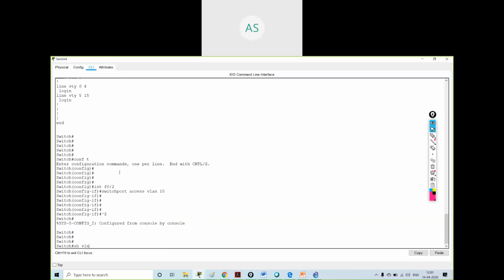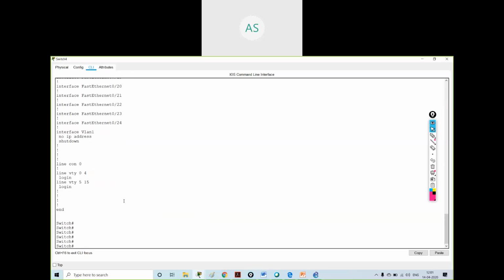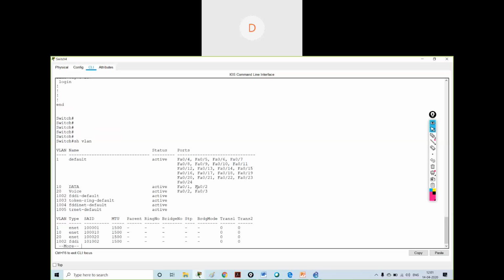Show VLAN. Show run. Now I'm getting both the VLANs over here. Show VLAN. See, I got it.